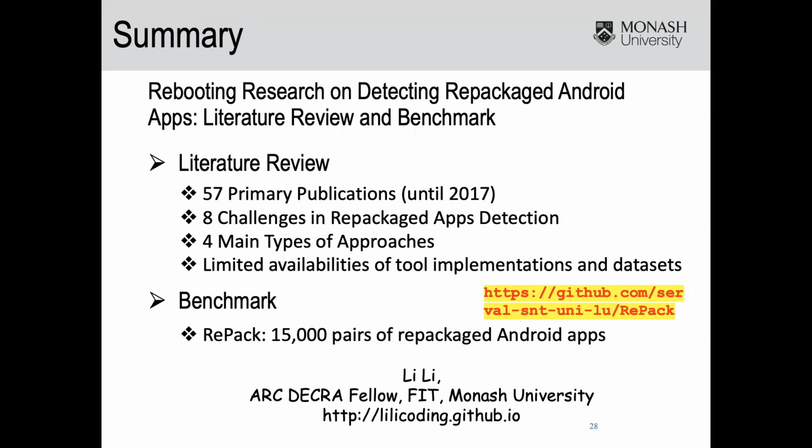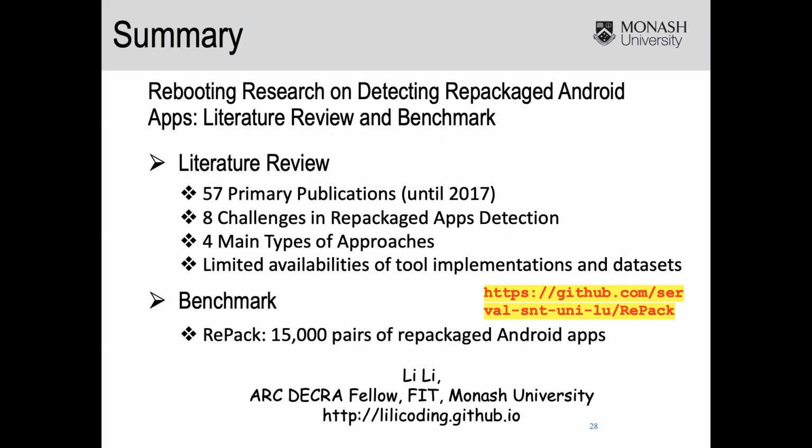We summarized 8 challenges from those publications and identified 4 main types of approaches. We found that there is limited availability of tool implementations and datasets in those 57 publications. Because of that, we further introduced to the community a RePack benchmark, which contains 15,000